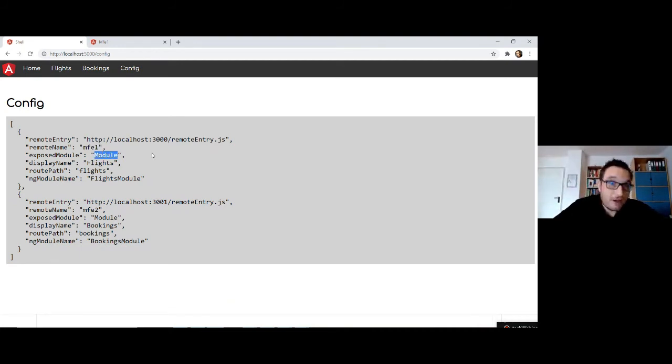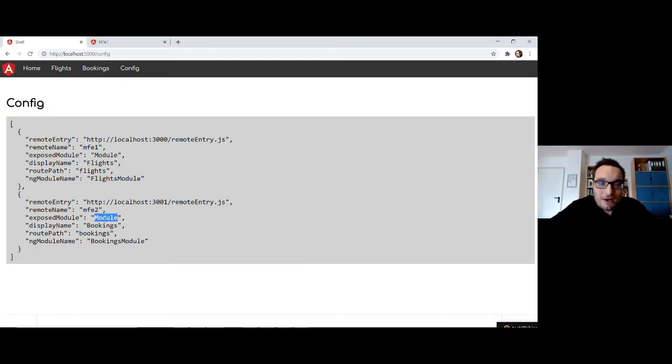And by the way, we also have something which you have to call bookings in your application. And if you need it, load it from this remote entry point. It is called Microfrontend 2 over there. And the exposed module is also called module over there. So I'm really doing this on demand in a very, very dynamic way.